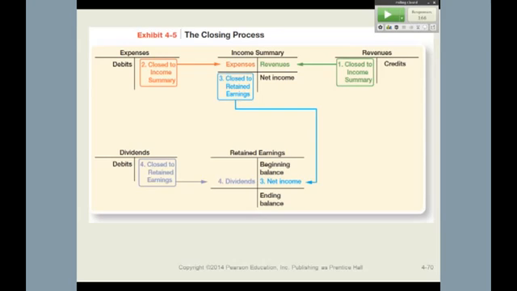Finally, you have dividends. And dividends are distributions of earnings. If you distributed $50 of dividends for this year, those dividends also have to be reflected in retained earnings. So we have to close out dividends, and we close dividends out to retained earnings directly. That's the only account that gets closed out directly. So in closing entry D, I'm going to debit retained earnings, make that account 0. Income summary is 0, and now my balance is $350 in retained earnings.